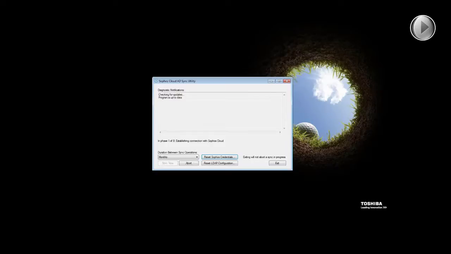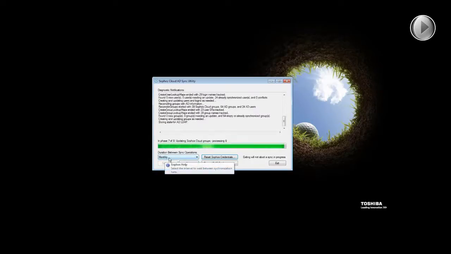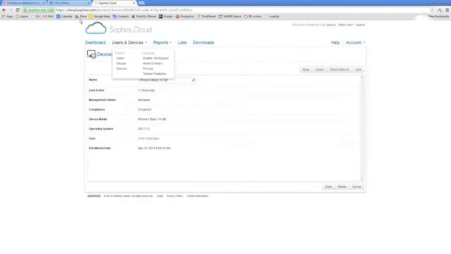Now, we don't change our AD too much, so I've got this set to sync automatically monthly, but we can change this to more frequently or less frequently or run on demand or whatever we wanted to do here. And you can see this doesn't take too long at all to get updated. Usually this runs behind the scenes. I don't ever have this open, or I don't ever look at it in my normal course of operations here. Okay? So once we got our users in, there we go.